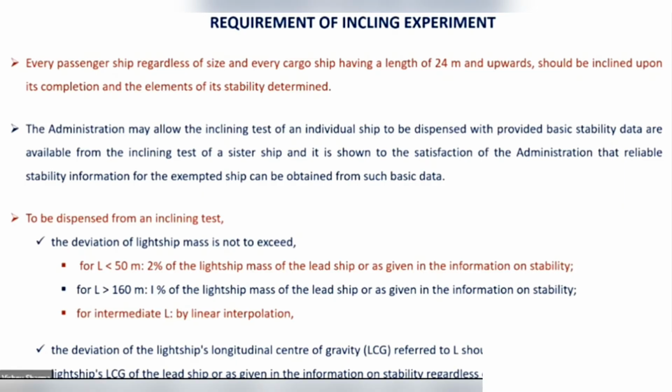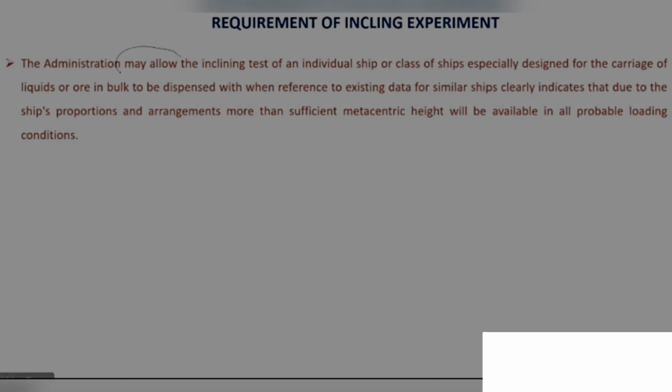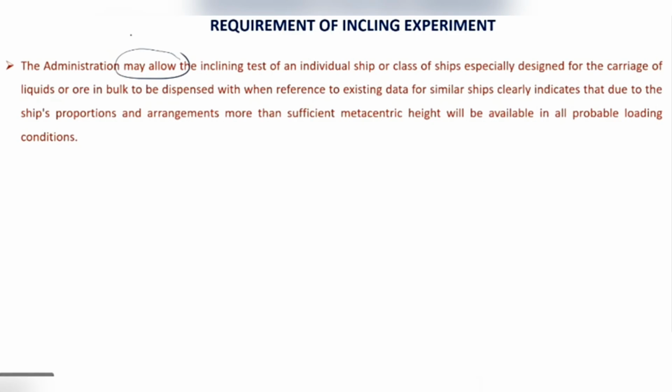So only if these two conditions are fulfilled, then, if the administration wants, it may exempt the ship in question from the inclining experiment, or a class of ships especially designed for carriage of liquids or ore in bulk may be dispensed with. That is, they may allow. Again, please, it's not that they have the right to seek exemption. No, it is the administration's discretion to do so, when reference to existing data of similar ships clearly indicates that due to the ship's proportions and arrangements, more than sufficient metacentric height will be available in all probable